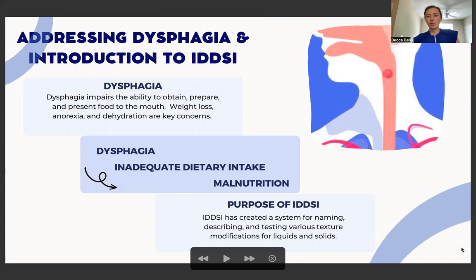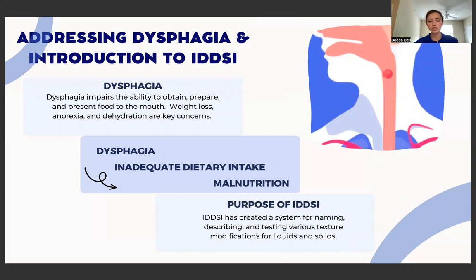First, to understand the importance of IDDSI, I will give some more information about dysphagia. Dysphagia impairs the ability to obtain, prepare, and present food to the mouth. And that could even be from the ability for individuals to bring food to their mouth, all the way through the process of them swallowing and having it go down the esophagus instead of aspiration, where food or liquid or other materials would go down the trachea and could end up in the lungs, which could lead to pneumonia or